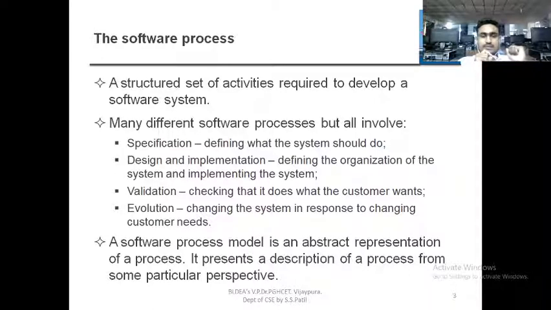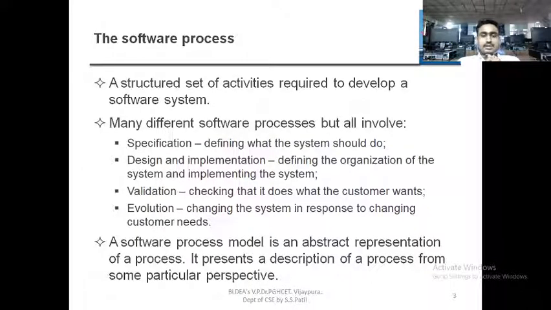One is specification, what exactly the system has to do, or defining what the system should do. Next comes the design and implementation, defining the organization of the system and implementing the system. In the process of designing and implementation, what exactly we are going to design and how we are going to design, it is nothing but the architecture.